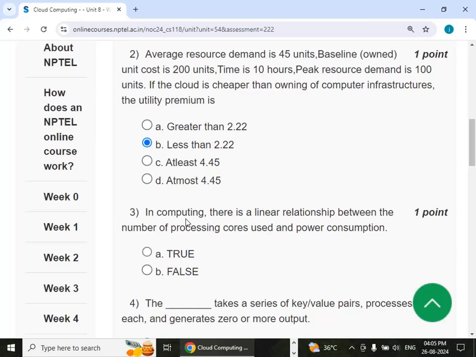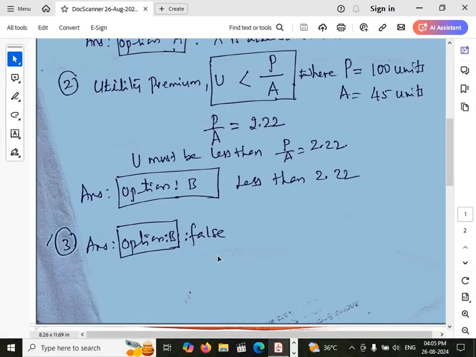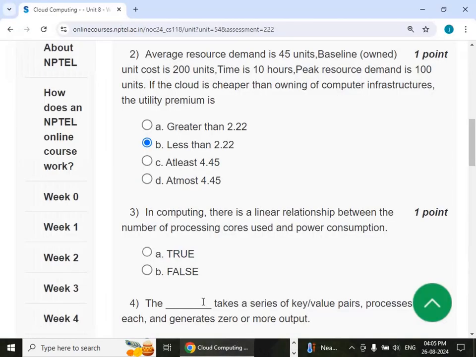Third one, in computing there is a linear relationship between the number of processing cores used and the power consumption. So the answer for this is false. Option B, answer for this is false. Next question,